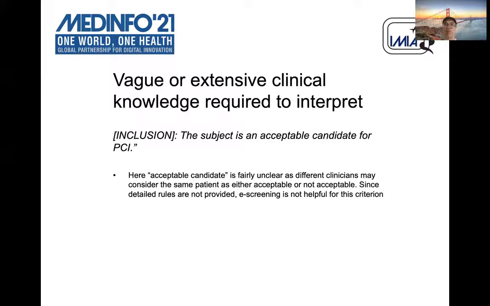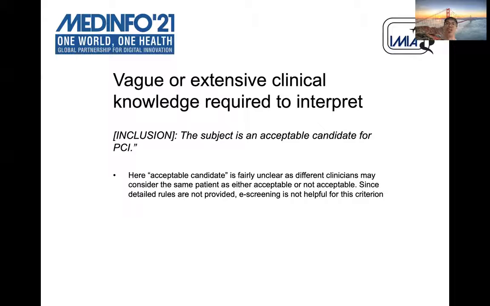This is an example of criteria which can be vague, or where extensive clinical knowledge is required to interpret the criteria correctly: the subject is an acceptable candidate for PCI. Here, acceptable candidate is very unclear, as different clinicians may have different interpretations of this vague criteria. So in this case, Criteria Query won't be able to generate any query because it's very vague and